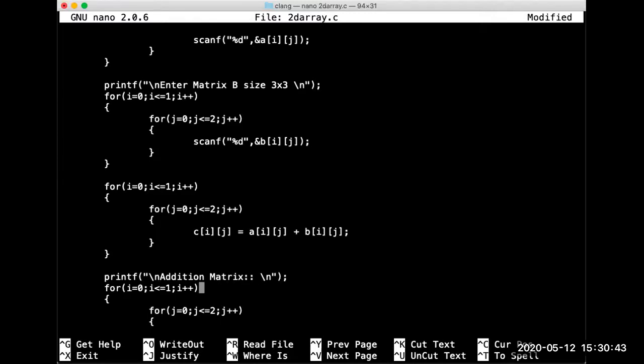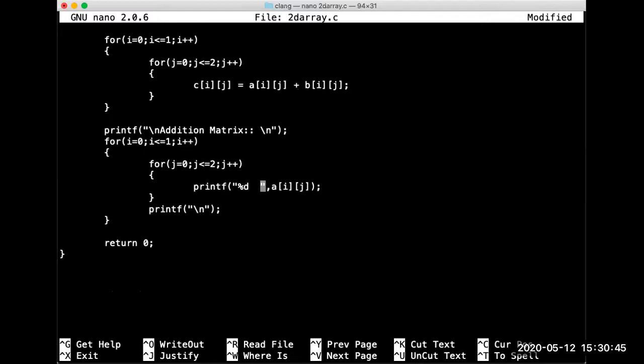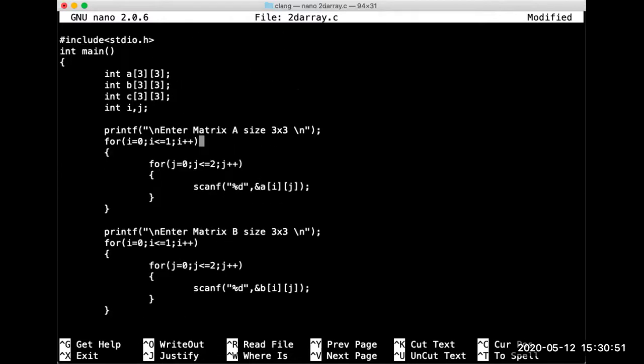Addition matrix, and it gets printed. So in addition matrix I'm printing C here. Just now I have to change the indexes everywhere here. I will start with the 3, and again, oh no, it is less than 3. If you are taking less than or equal to, then it should be 2,